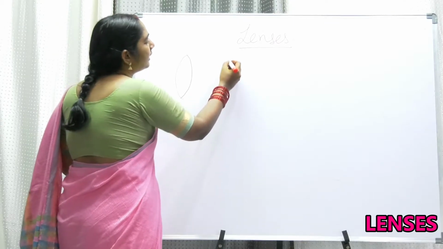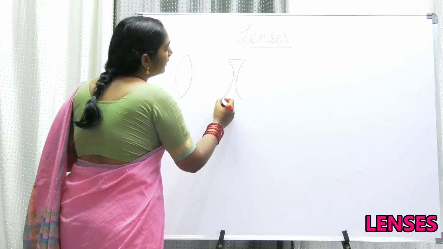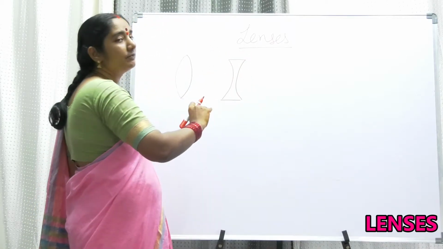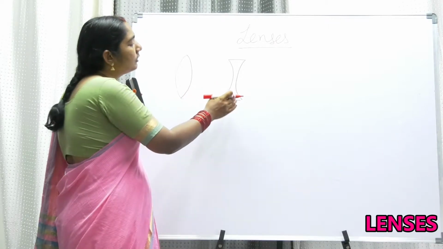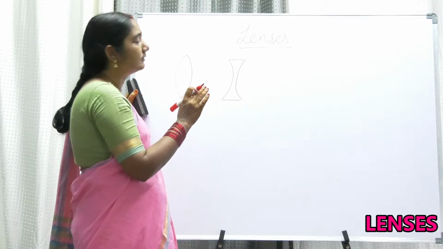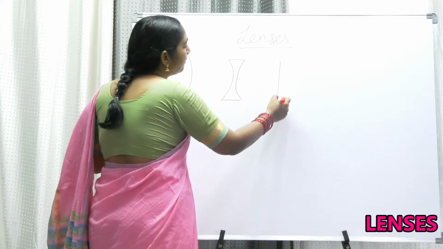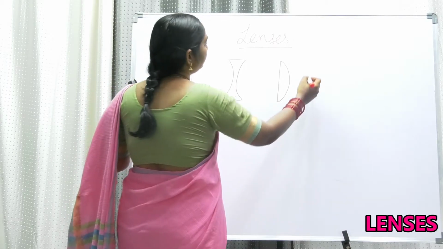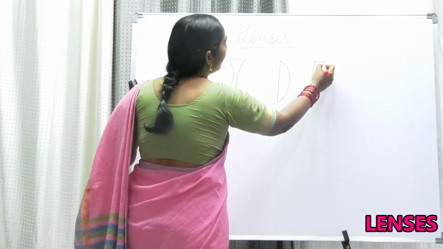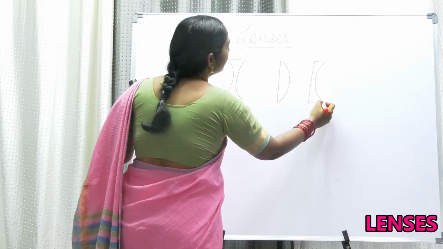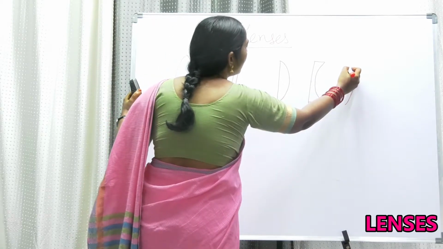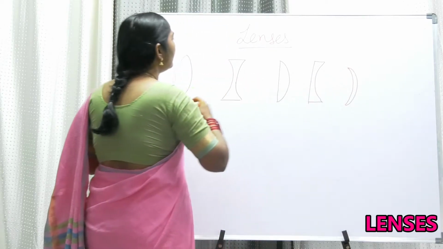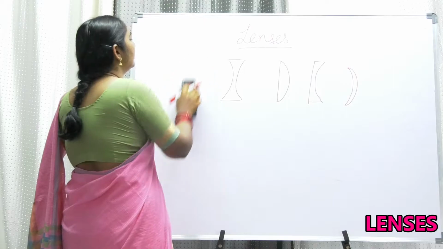This is called the concave surface. And in a lens, sometimes we have both concave surfaces, and we call that a biconcave lens. Or sometimes we have a plano convex lens. Sometimes we have a plano concave lens. Sometimes we have a concave or convex lens. So this is a concave side and that's a convex. There are different varieties of lenses.